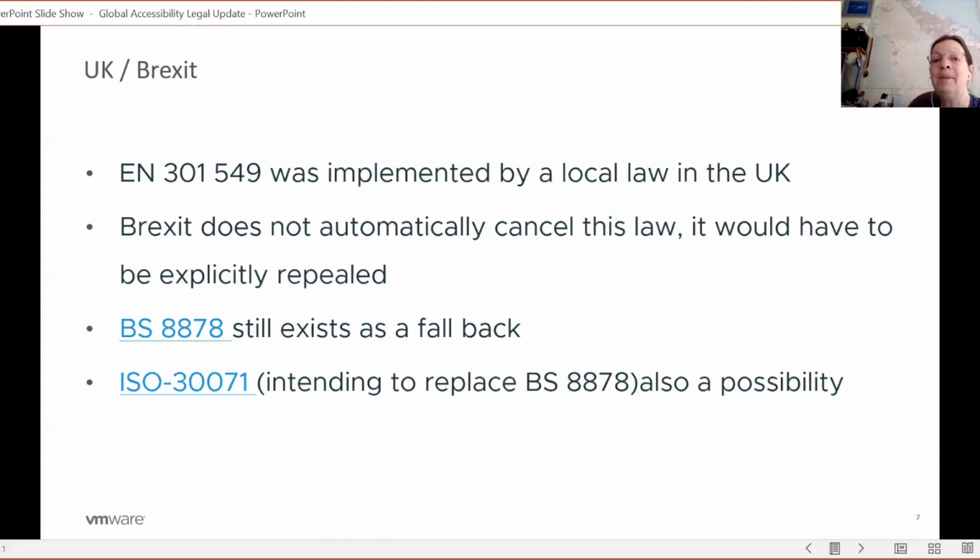Brexit does not automatically cancel the UK implemented law. It would have to be explicitly repealed. Chances of that happening, it requires the British Parliament getting their act together. I don't see it happening. Even if it did happen, we've got a couple of things that also exist in the UK that are independent